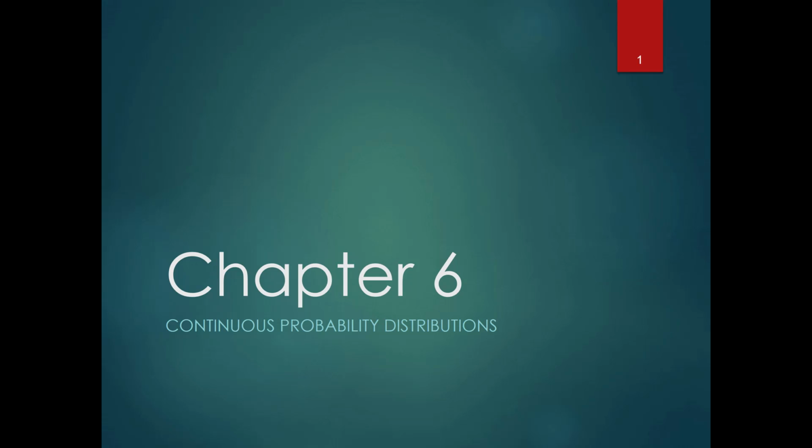In Chapter 5, we talked about discrete probability distributions. So Chapter 6 is all about continuous probability distributions. Remember the difference between a discrete variable and a continuous variable: a discrete variable is anything that can be an integer, things like number of friends, number of customers, number of takeoffs, number of customer service calls. Whereas continuous, now we're moving to things like sales, revenue, market share, profit, weight, GPA,